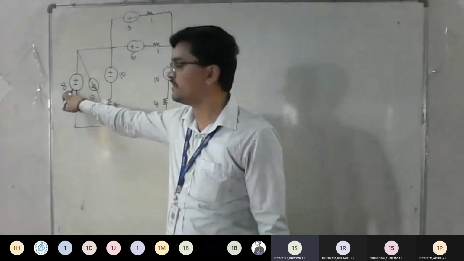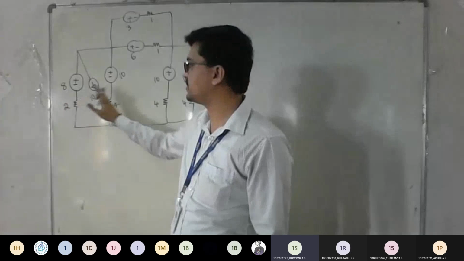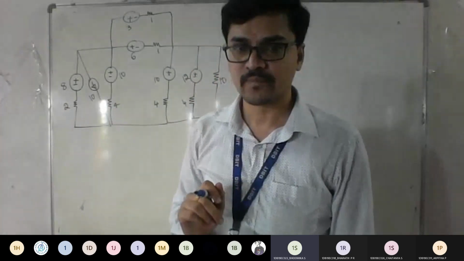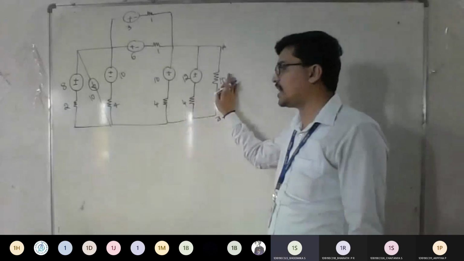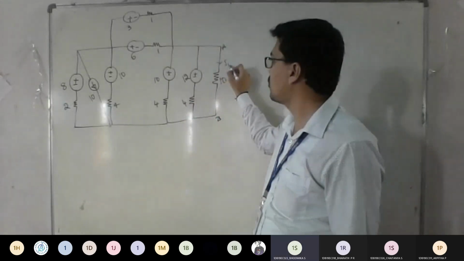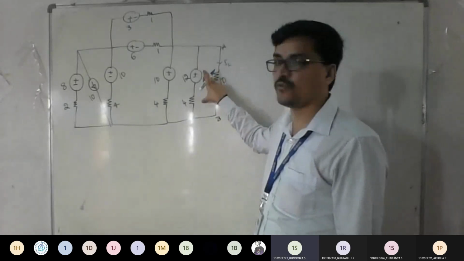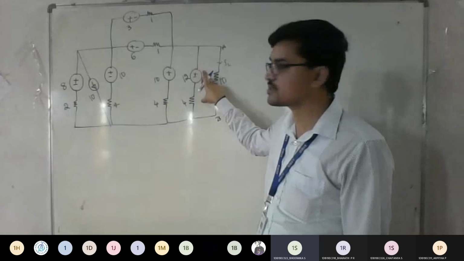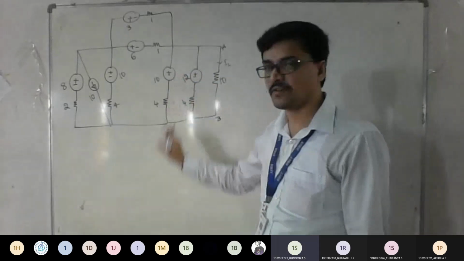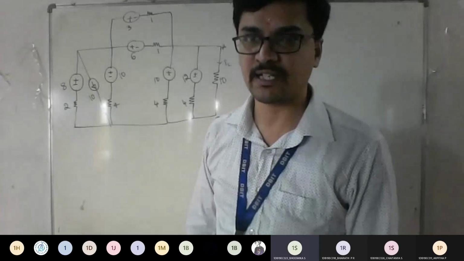So if you make this conversion to current, these two become one combination. Again from that two you can get one more combination. Similarly here also. You can't touch this 10 ohm because this is where I should find my load current. So keep this 10 ohm as it is. Convert this 12-4 combination to a practical current source. Similarly, this 10-4 to a practical current source. Convert back to one practical current source.